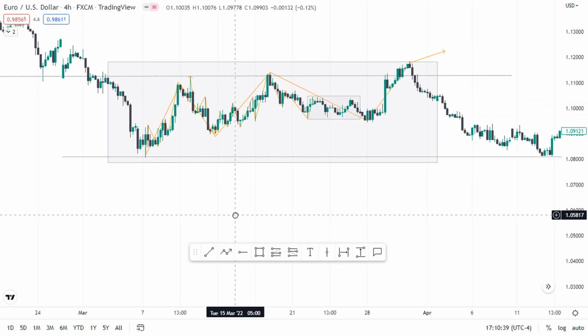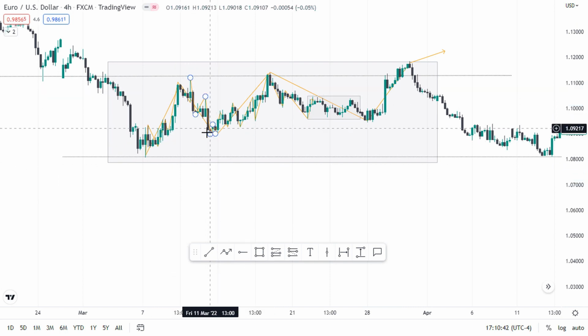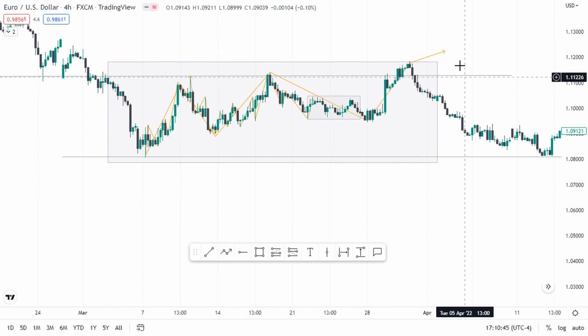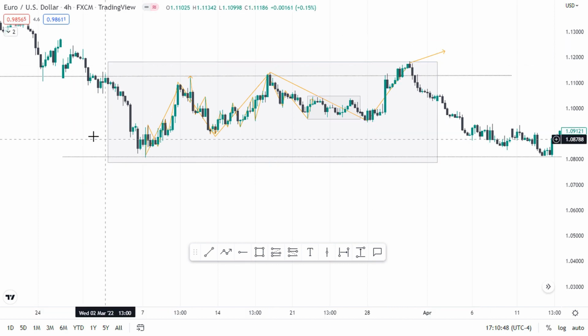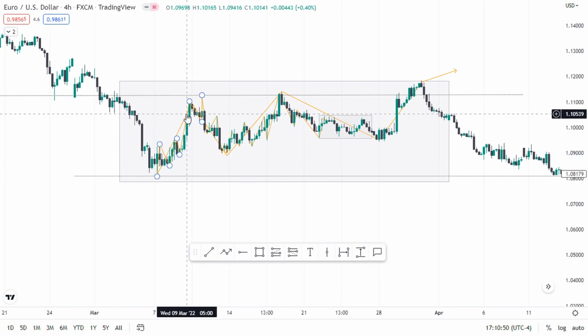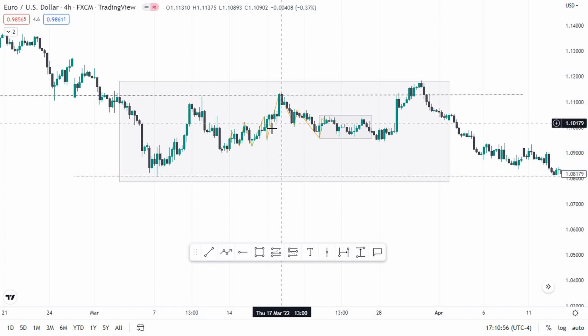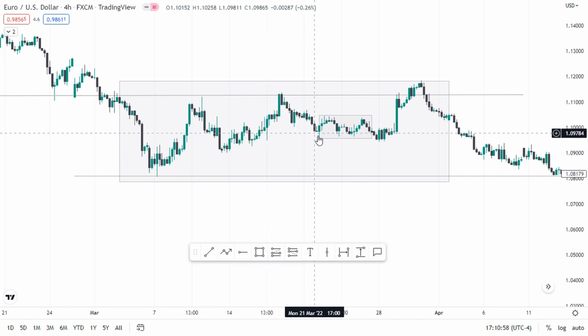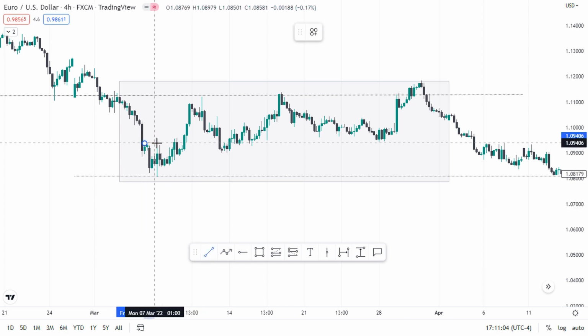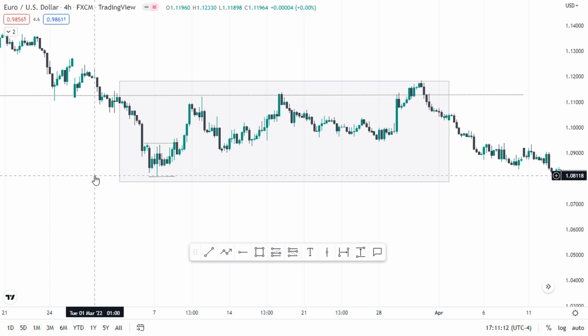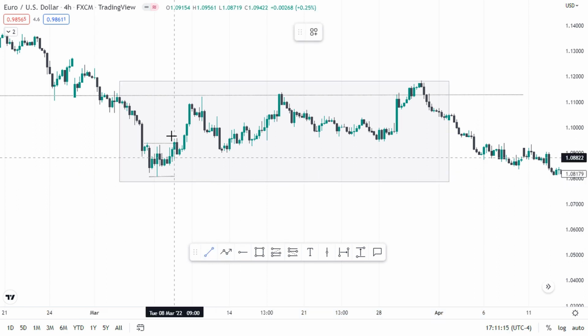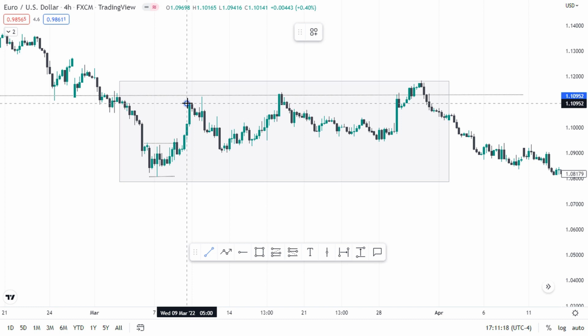So in the previous video, we had established the highs and the lows in this particular daily time frame ranging market or retracement. However, this time around, let's do a much more detailed version of it and actually identify the swing points in this particular daily time frame retracement. So in this case now, we have a lower high, and then a lower low, which then created a lower high,